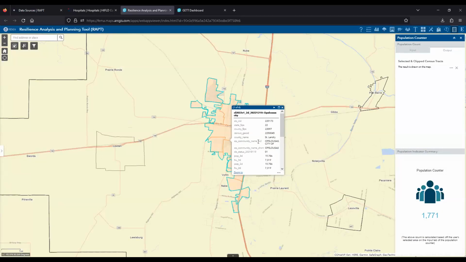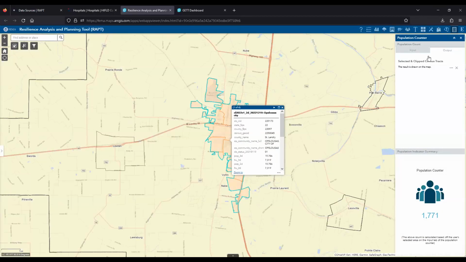So the RAPT is all about using data layers and functionality of the tool together with other aspects of the tool: add data, look at the communities layer, click on this community, and use it with one of our population counter tools.